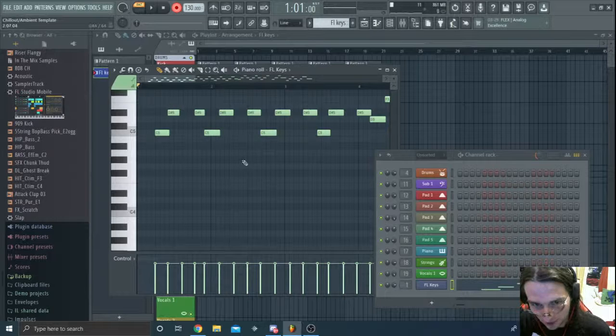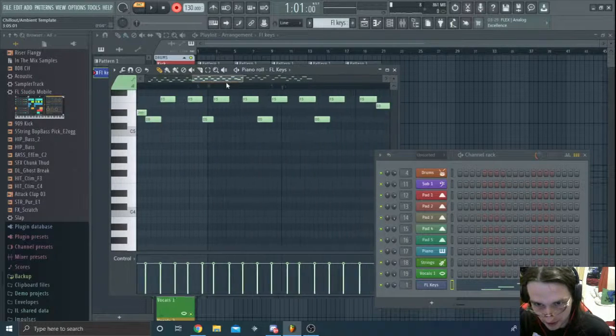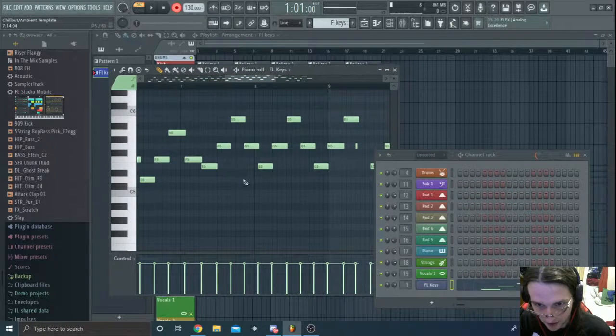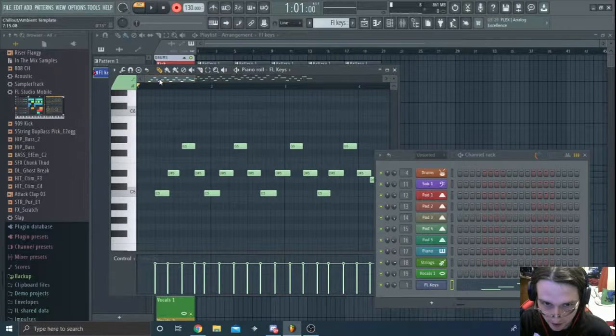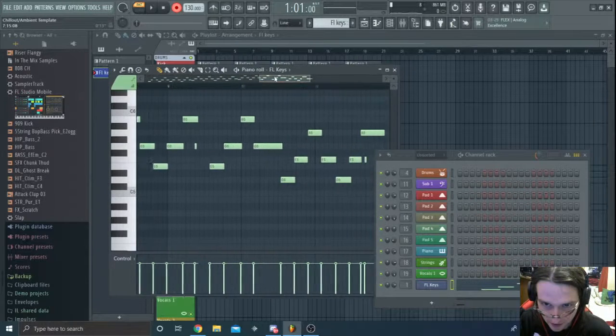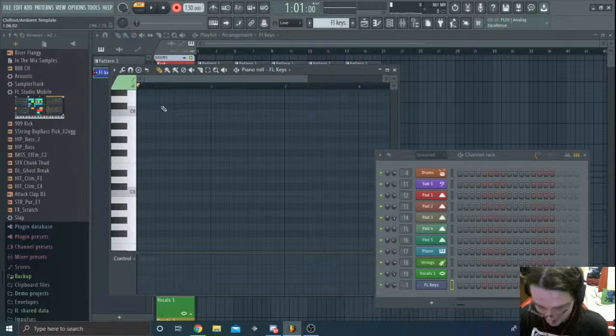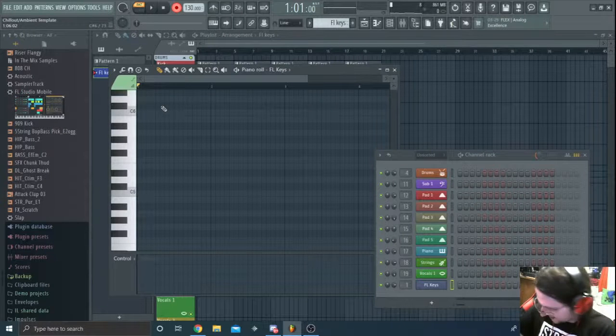But I actually did really well. So that's what the notes look like as you put it up there. That's what a series of notes looks like. That's what a pattern looks like. But I messed up halfway through. I gotta start over. Okay. I screwed up! I gotta do it again.